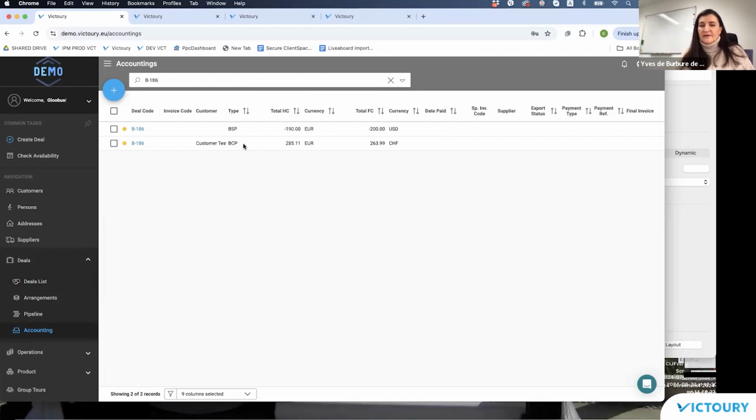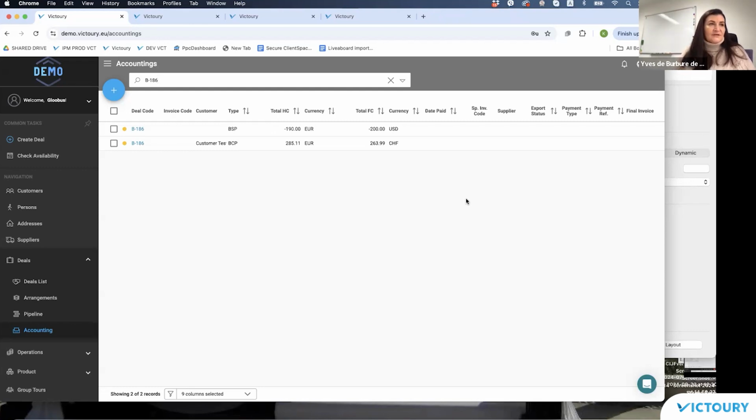Both of them have the value in the home currency, and both of them have the value in the foreign currency also. So this would be actually the illustration of how booking in a foreign currency works in a very, very simplified scenario. Of course, when you use this and you encounter cases which are not that simple, questions may arise. So I will be waiting and eager for your questions in this case.